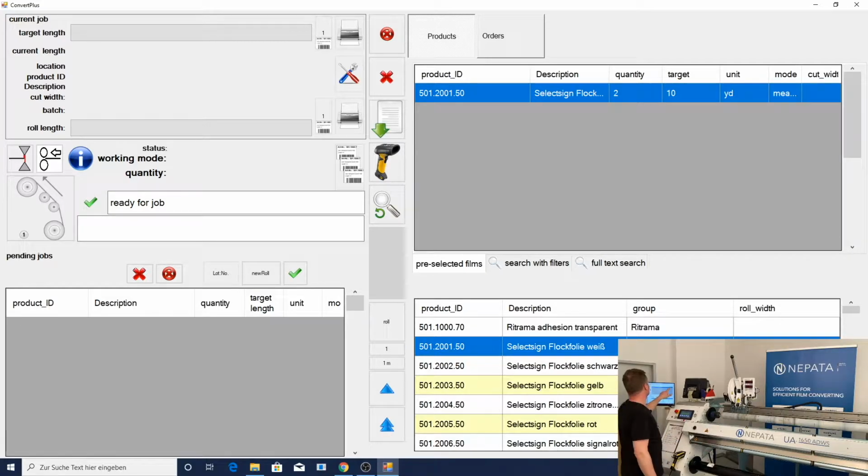Then the next mode is a measurement mode, where the software does not care about quantity and target lengths here, but only measures this product and then gives you a label of the length of the roll after the measuring process. Then you have the label only job, where you